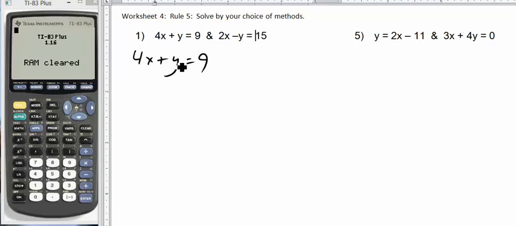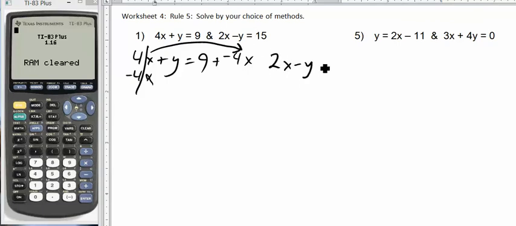we need to get the y by itself, so we're going to take this 4x, we're going to add negative 4x to both sides. Remember, that's like moving that over and changing the sign. And because there's nothing in front of the y, we actually don't need to divide anything. If there was something in front of the y, we'd need to divide everything. So for the other one,